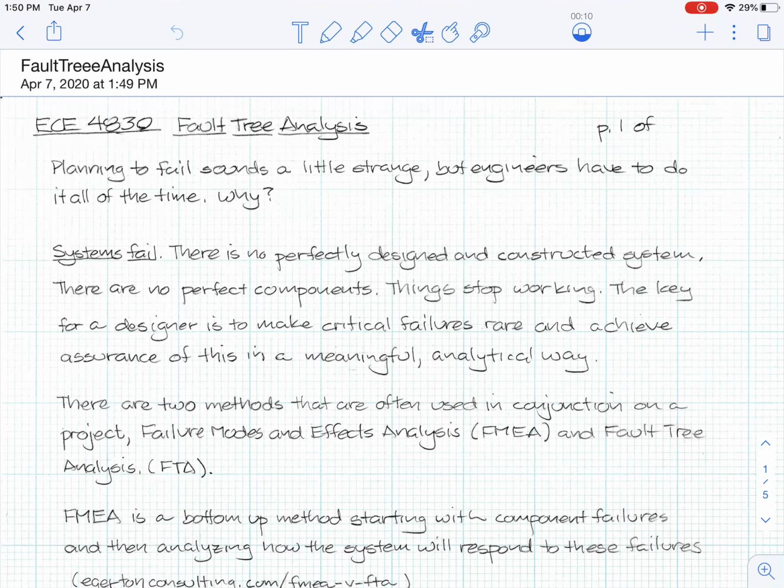And this is kind of a strange thing when you first encounter it, because literally what you're doing is planning how to fail. And that sounds a little strange, but engineers have to do this all the time. And why? Because systems,